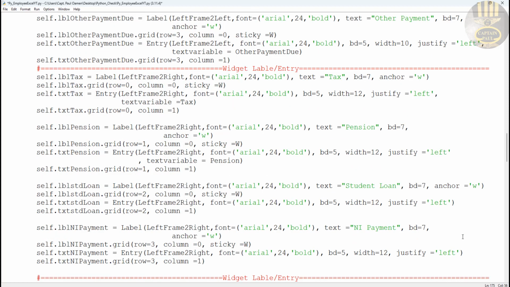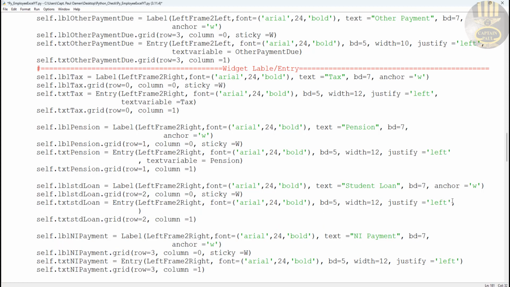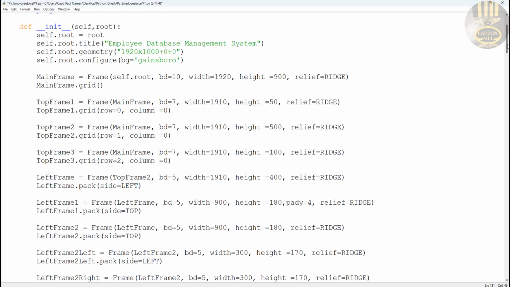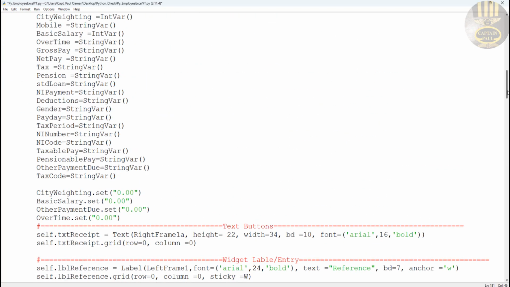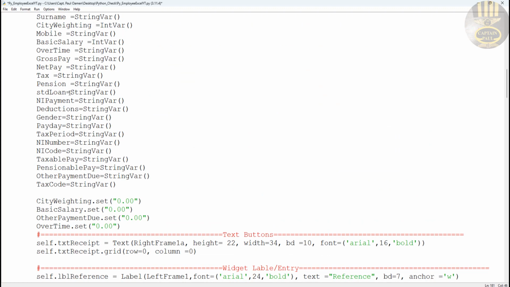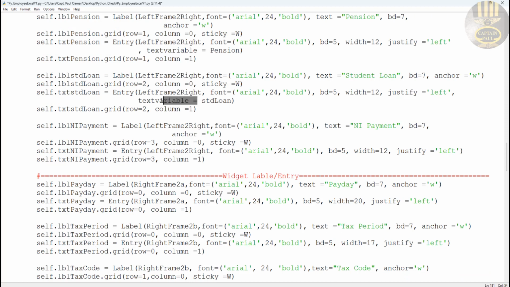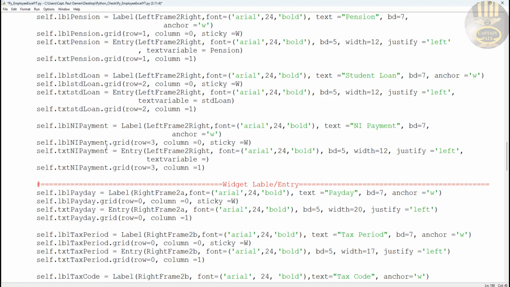Student loan. I better check the student loan one more time and make sure I am right. Student loan is called STD loan. So all I'm doing now is assigning each of the variables. Guys, that's no big deal. Go to the widget and get it assigned as well. So we have the